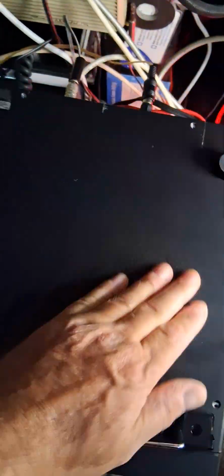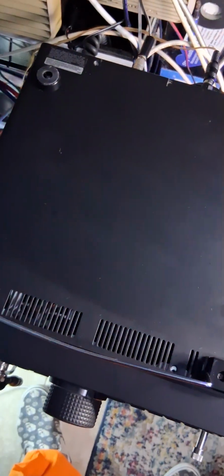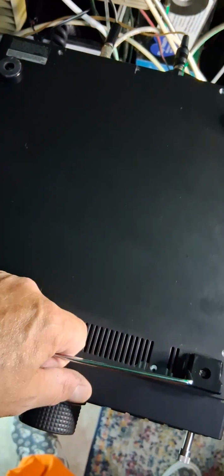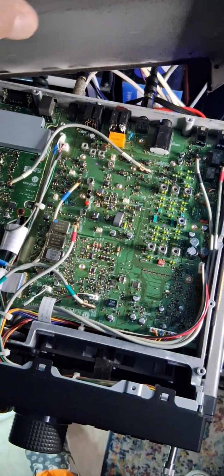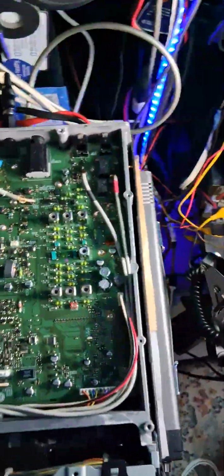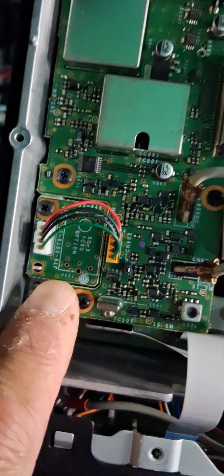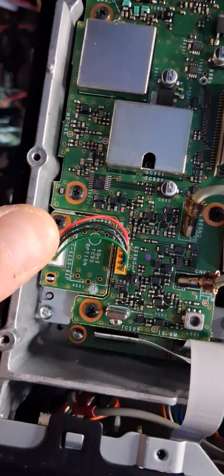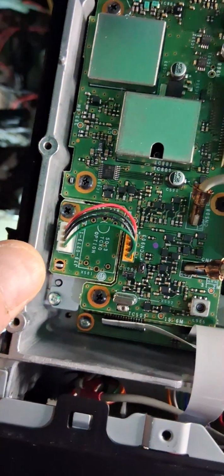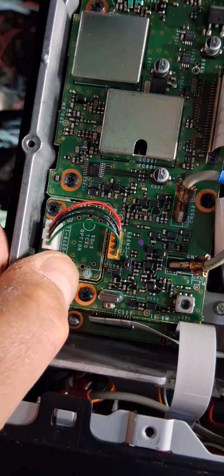Man, this thing's got some dust on it. All right, well, we'll just pop the cover. It's already off. Here's the inner part, and this should be right about here. This is where the board would have to go. This is the optional TXO,